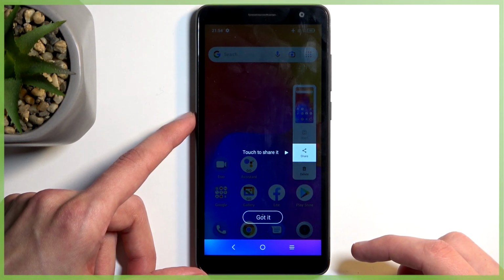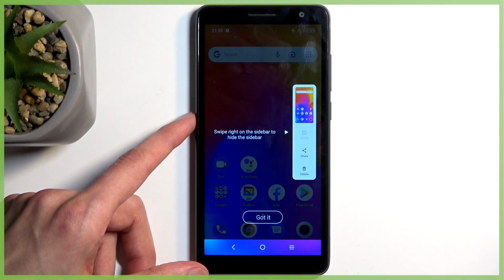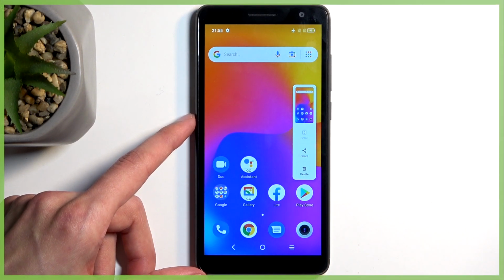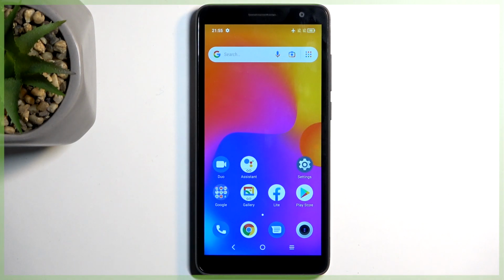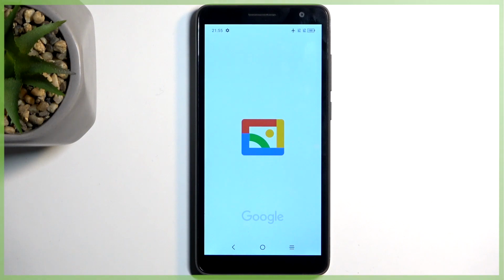Moving on, we have share, no explanation needed, and then also delete as the last option, which for some reason just got kind of ignored. So there we go, and after a moment this pop-up will just simply disappear. Once it disappears, you can find that said screenshot in your gallery application,